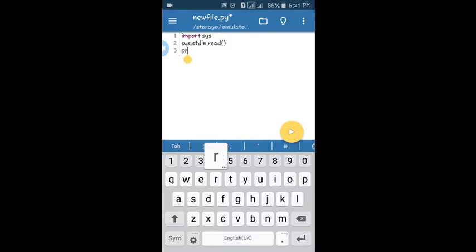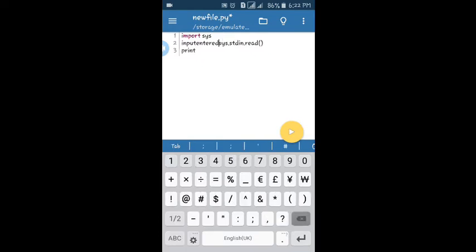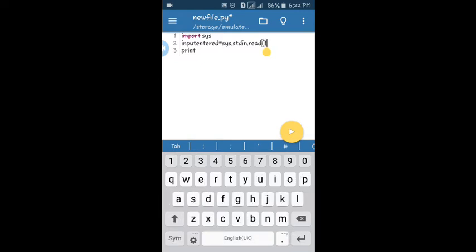Let me store it in a variable named input entered. Input entered equals sys.stdin.read. Okay, I will print. After that I will print input entered. So let me run it.